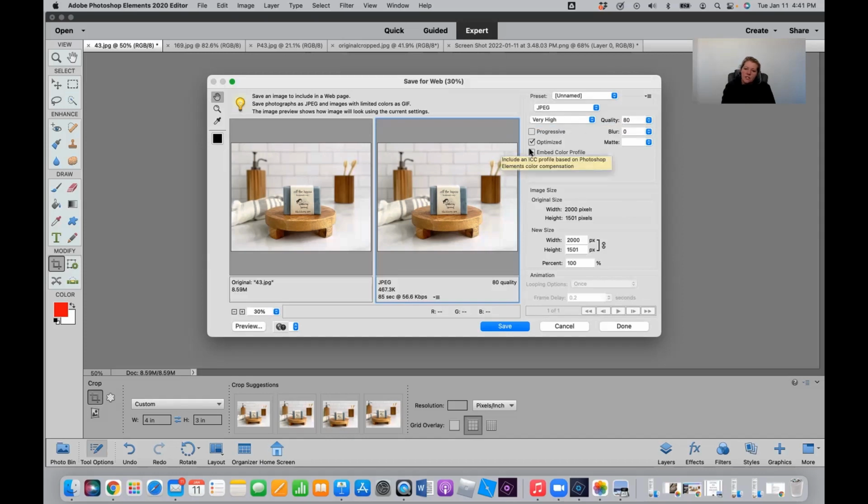Okay, so that's there. Now I want to touch on something else quick here, because a lot of people and other coaches out there will tell you to embed the color profile. Basically, what that means is that the colors that you have in your image will follow with it. The problem with this, and it's great when you're printing, is that the standard color profile for the internet is sRGB, which is what this image will save in. And you do want to have your displays set to sRGB. The issue is